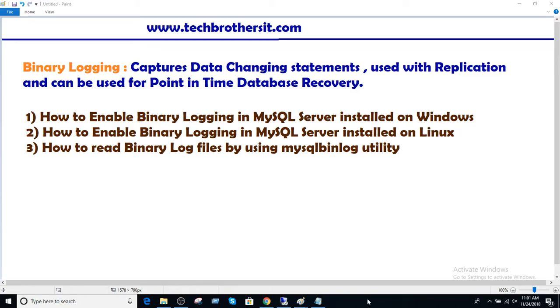In this video, we are going to learn about binary logging in MySQL Server. Binary logging captures data changing statements. It is used with replication, and it can also be used for point-in-time database recovery. So we can restore the database to a certain point where we need to. As you can tell from the name, the data is stored as binary, so it's pretty fast when it captures